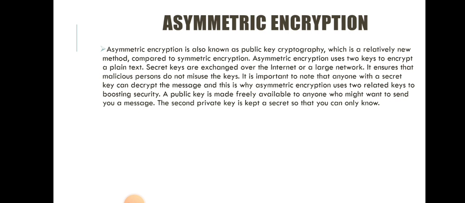It is important to note that anyone with a secret key can decrypt the message, and this is why asymmetric encryption uses two related keys to boost security. A public key is made freely available to anyone who might want to send you a message. The second, private key is kept a secret so that you can